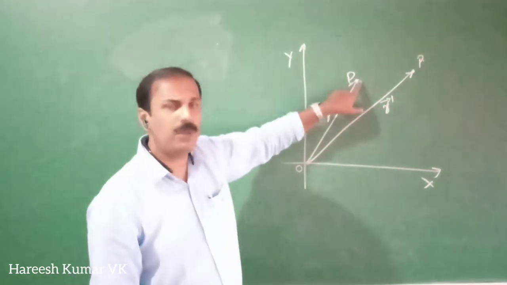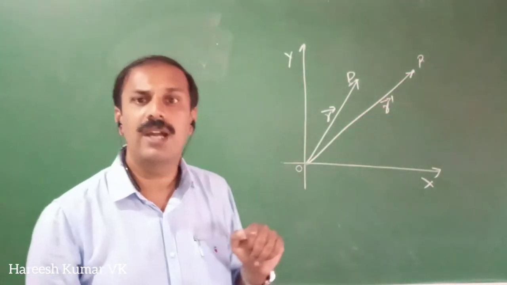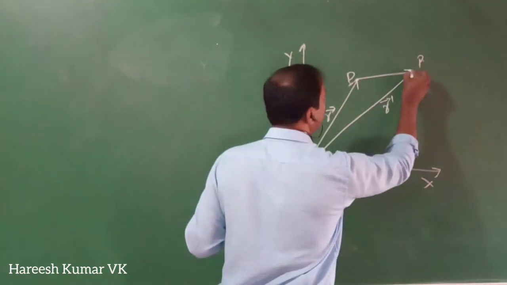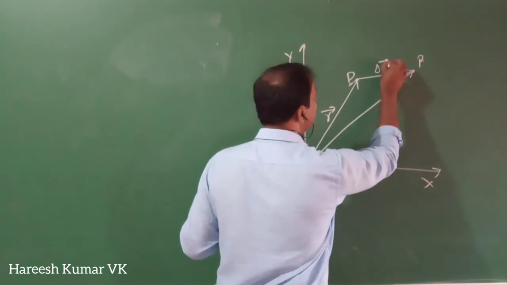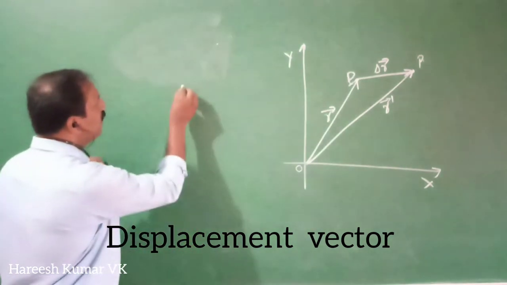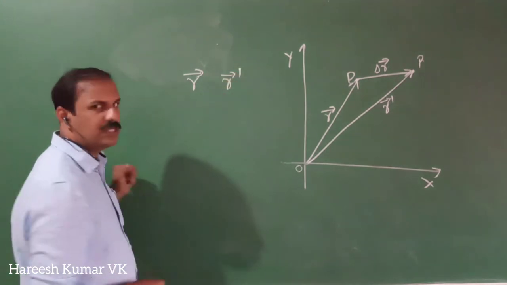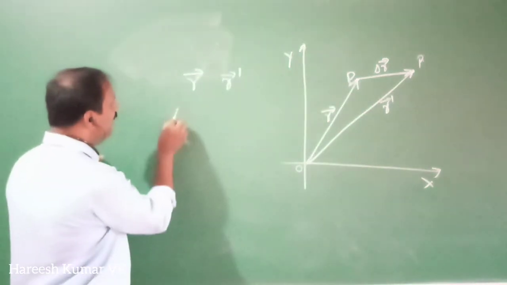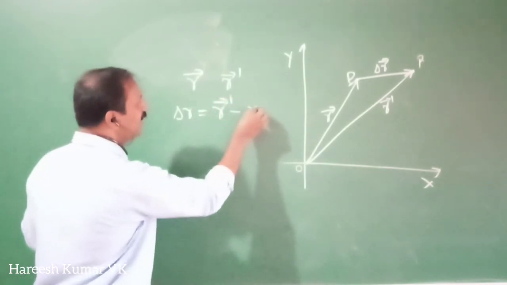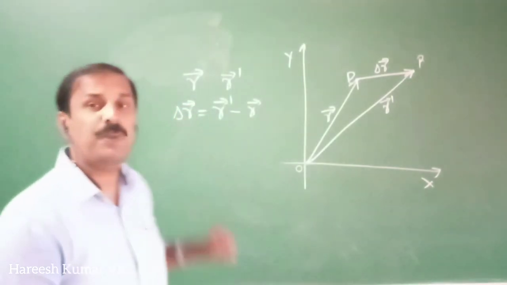Now its position changed from here to here, or if the position change, we can say for that object there is a displacement. So a vector from this here to here, this is delta R. This delta R is called as the displacement vector. So our first position vector was R and the second position vector is R dash. So the change in position is delta R, that is final position minus initial position. So this delta R, this is called as the displacement vector.